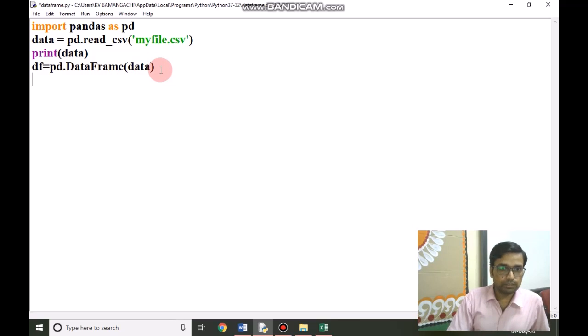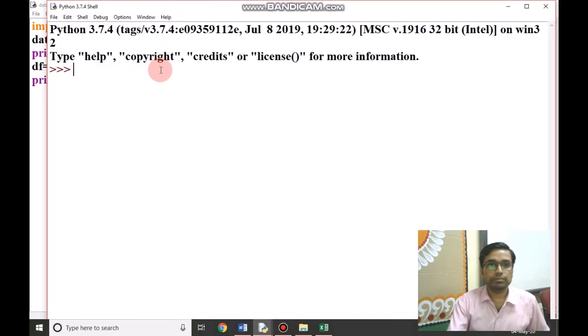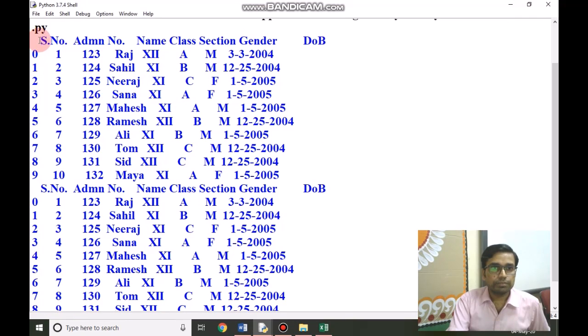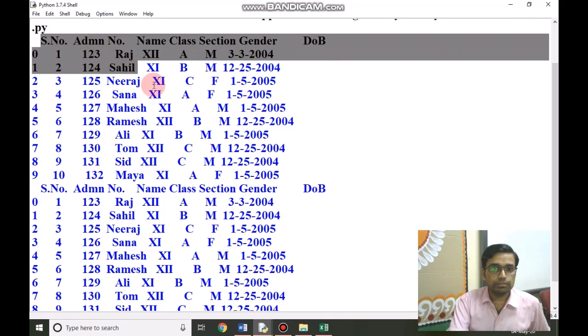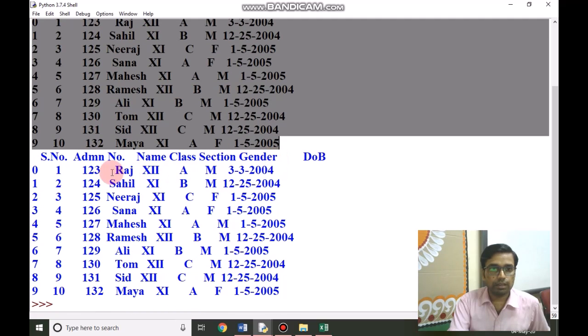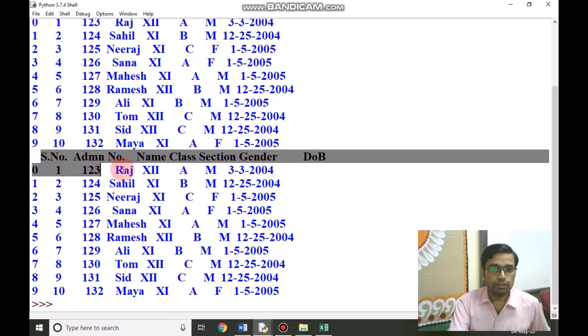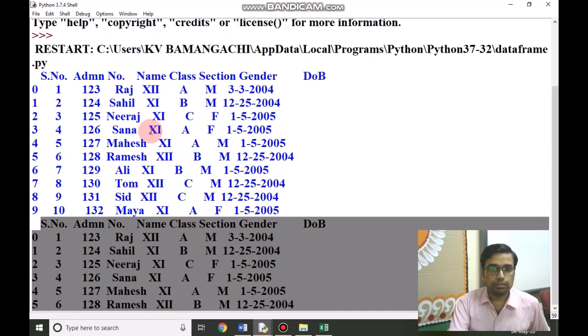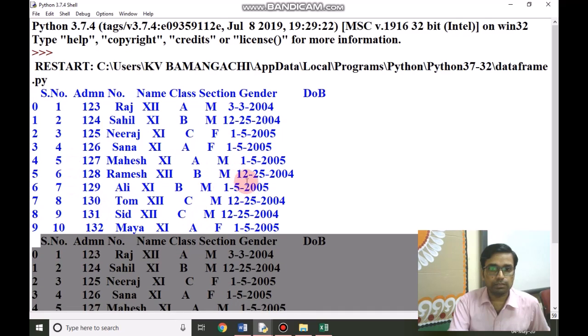If we print df, we will find that the data which was imported from the CSV file is the same as after the conversion of data into a data frame. So there is no need to convert into a data frame.